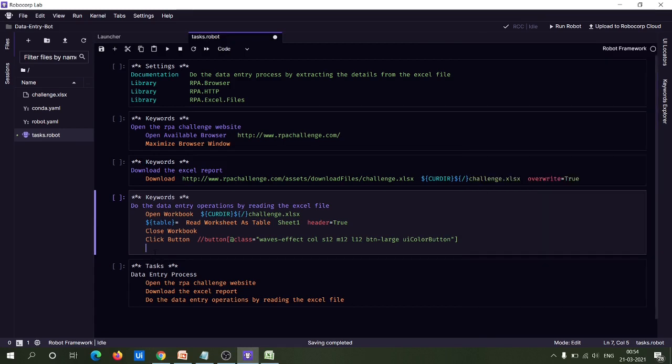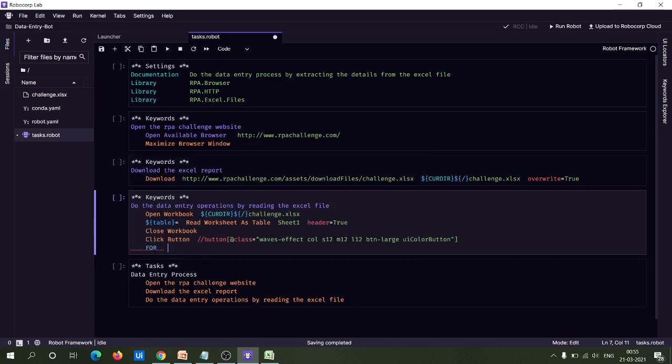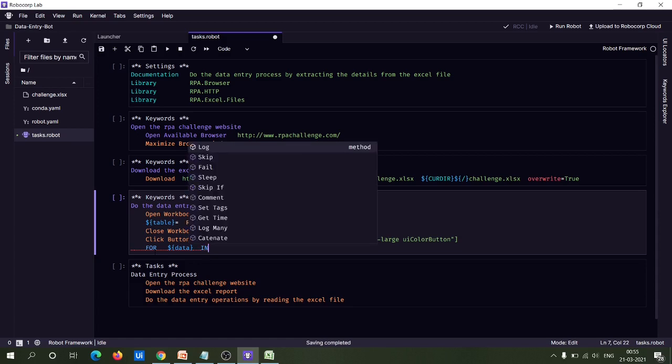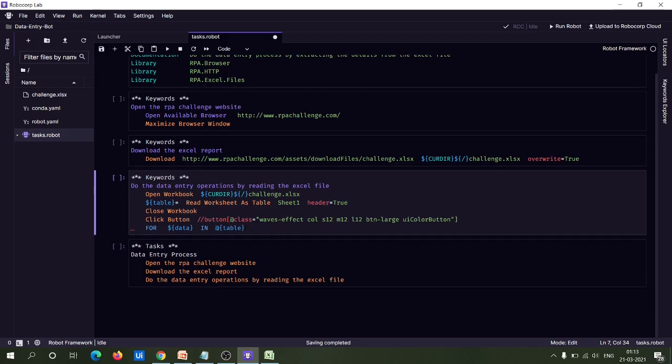For the for loop, the syntax is: for data in table. So what does this code actually signify?